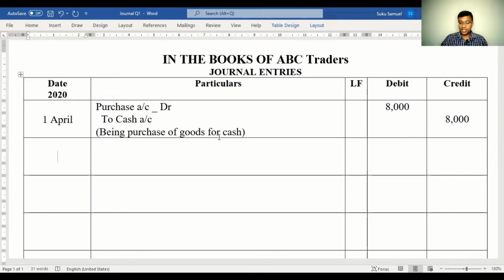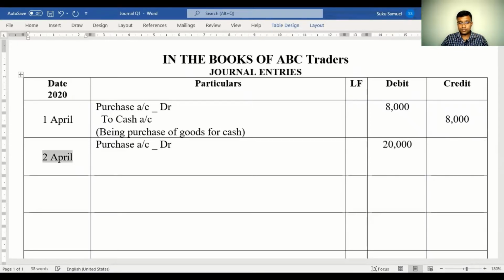Let's move on to the next transaction. The next transaction is on 2nd of April and it says purchase goods on credit from Amar Traders rupees 20,000. Here the nature of the purchase that you're carrying out is a credit transaction. Now how do we know it's a credit transaction? A, it is mentioned to us in the transaction itself. Second, the name of the person with whom you're engaging the transaction, which is Amar Traders, that is also being mentioned. So in such case, what would happen is we would be using purchase account, debit